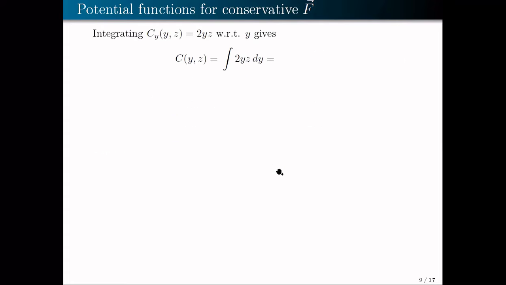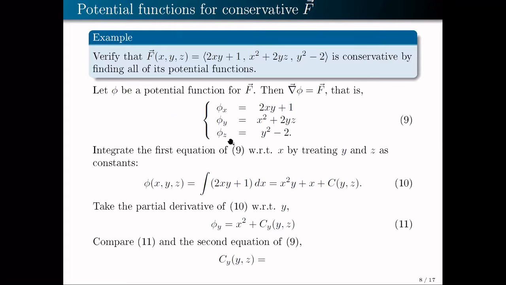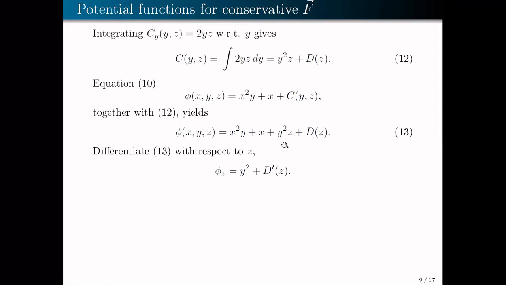So going back to the previous slide, we have phi sub z equals y squared minus 2. And here we have y squared plus d prime of z. So equating these two expressions for phi sub z, we get